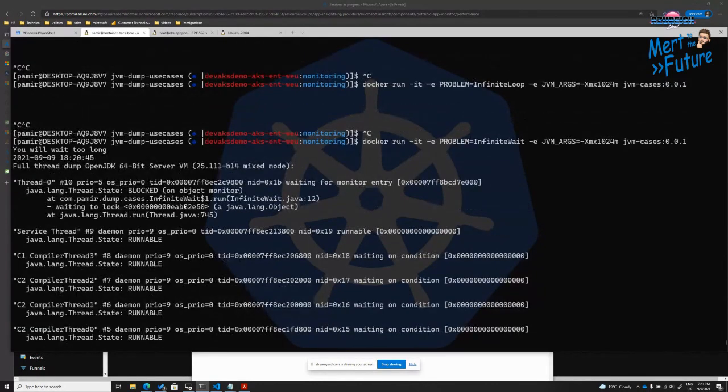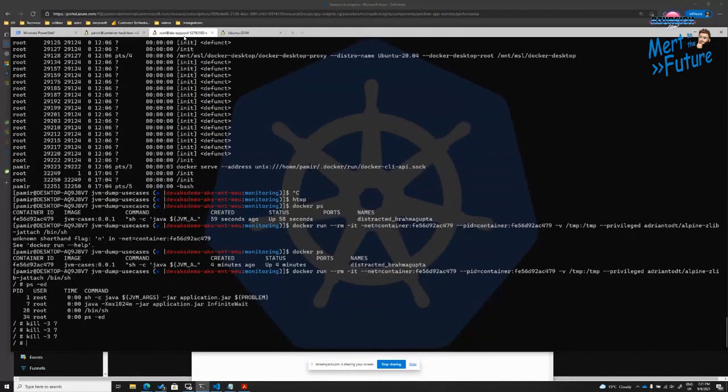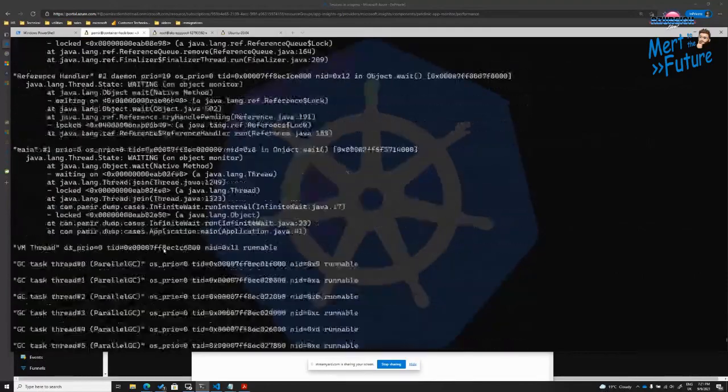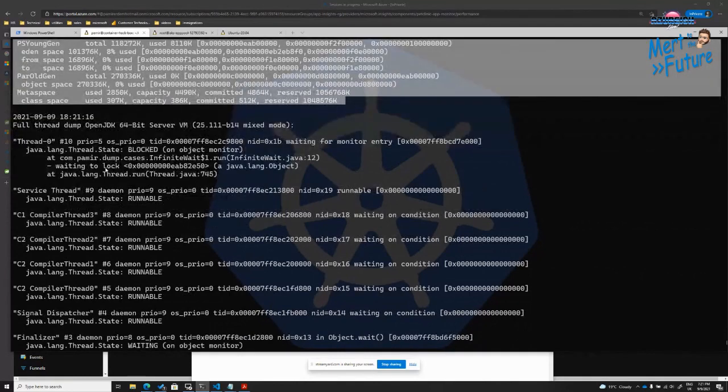If there's a slow application, you should do it within 5 seconds 3 times, or within 10 seconds: kill -3 7, kill -3 7, every 3 or 4 seconds consecutively. When I execute this, I get the memory usage of our application